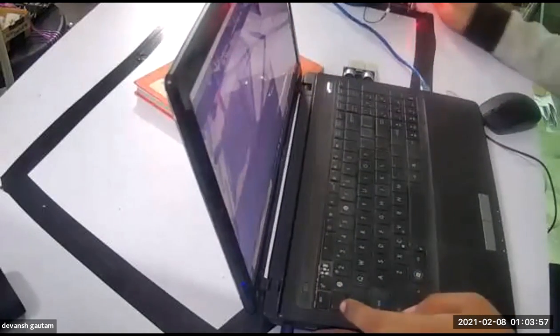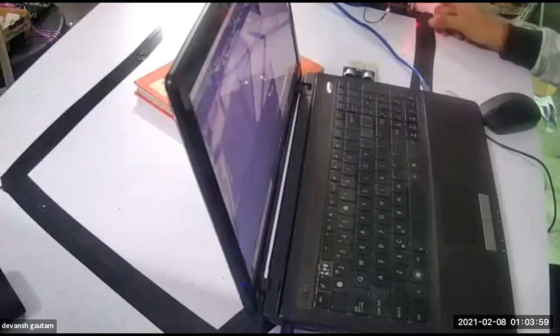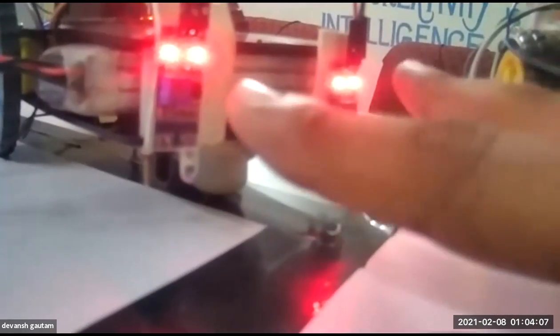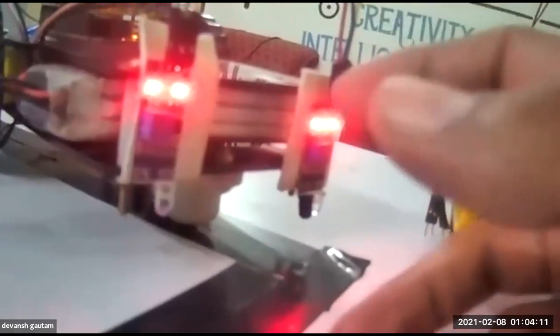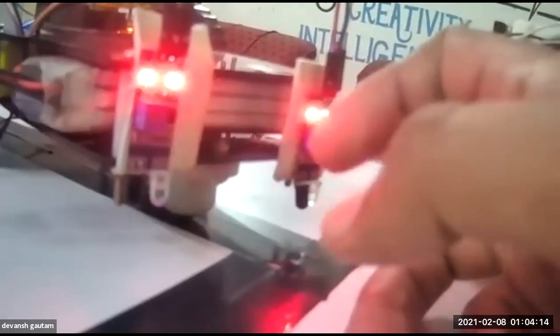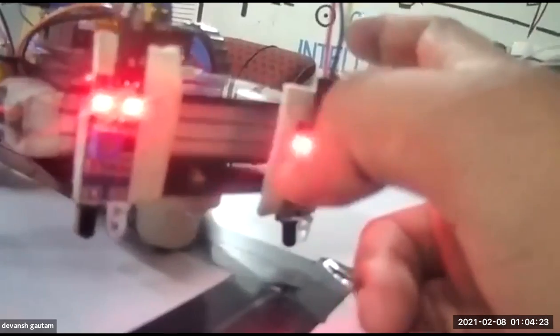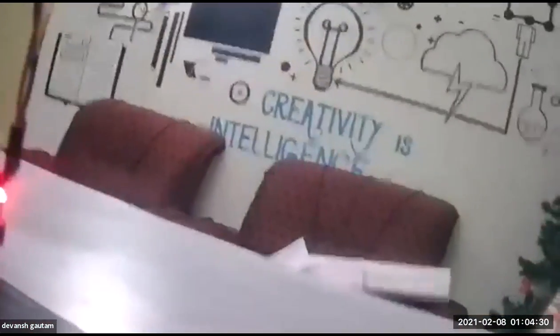So what you are seeing right now is two lines. This is our point where both of the lights are high. It means that they are getting 0 0. So when it is a turn, see when the turn comes, this sensor will be 1 and this sensor will be 0. So when this sensor is 1 and this sensor is 0, it means we will create a logic to move left. And if we are going in the opposite direction, suppose we are going in the opposite direction.